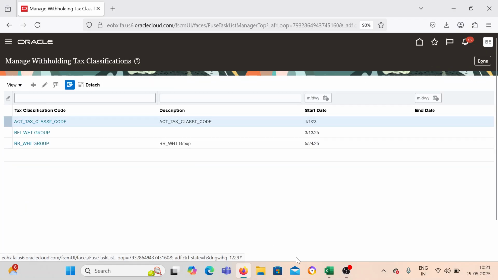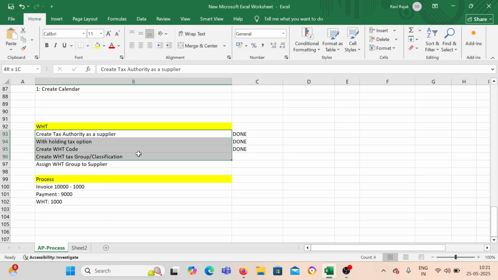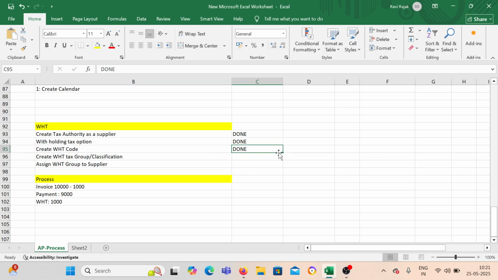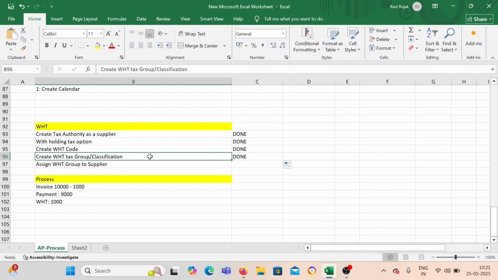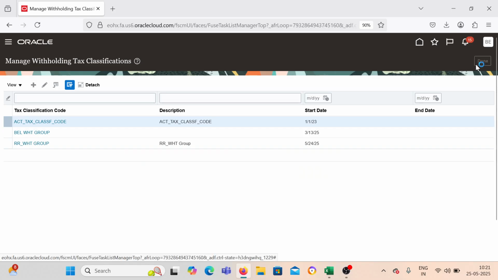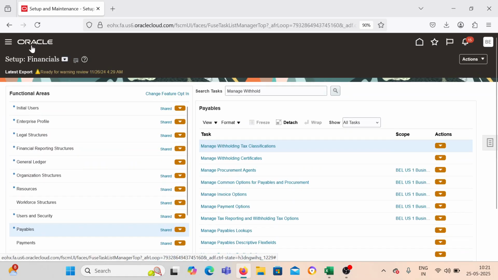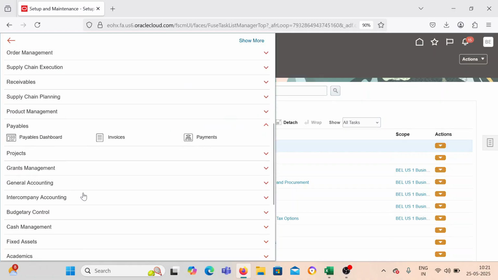So it's like interconnecting each and every setup. Done. Once we are done, assign this withholding tax group to a particular supplier. So we want to calculate it for only one of the suppliers for testing purposes. What we'll do is go to the supplier,